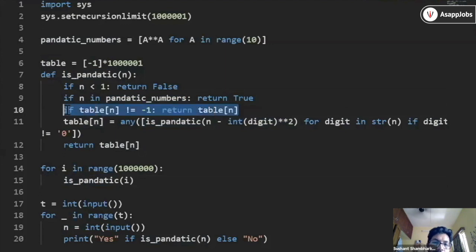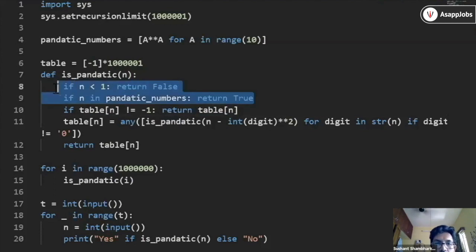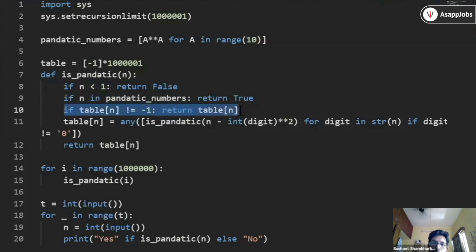Now this table will become our base condition again, right? So we are basically converting this table checking condition into a base condition. We already have these two conditions, and this third condition, that is checking the table, is going to be hit on the first recursive call. You can just think it through: if you call it in sequence, like 1, 2, 3, 4, 5, then whenever you call the 20th value or 50th value, all the previous values will be calculated there. This is what tabulation is.